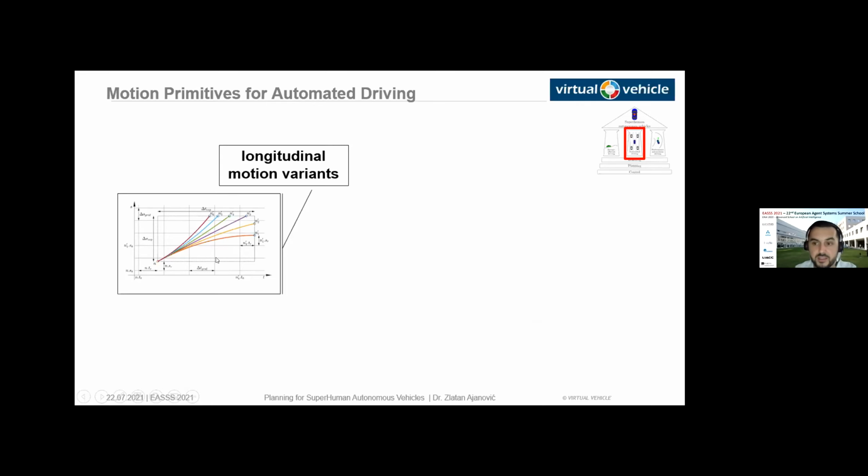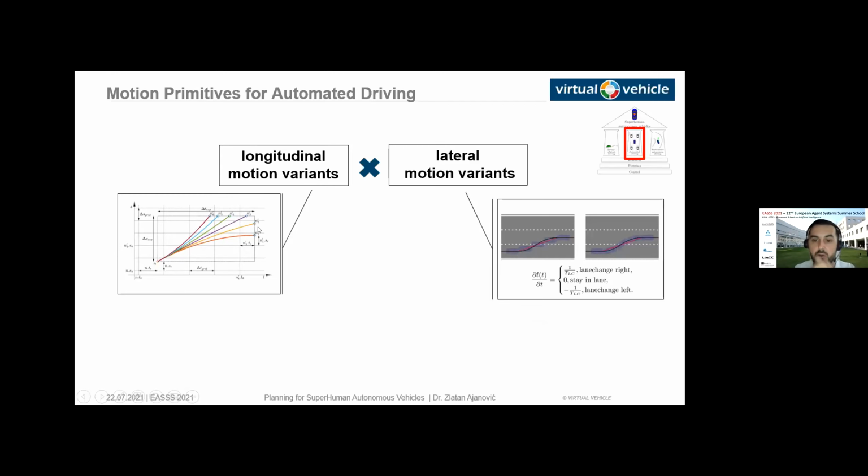So we have a time and distance horizon, and also for expanding these motion primitives, which are these atomic actions, we also have time and distance steps. And this gives us the longitudinal motion variants. So from some initial state, we have some longitudinal motion variants based on just longitudinal acceleration. What we also have is lateral motion variants. Lateral motion variants mean that we also have some steering possibilities. And to have a very efficient algorithm,